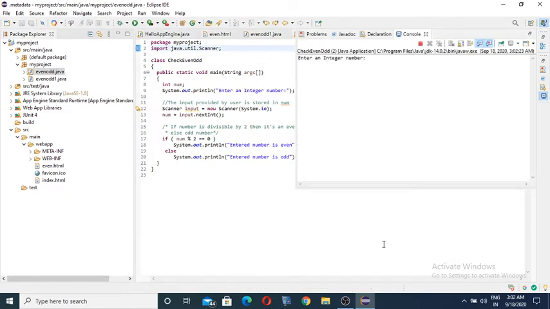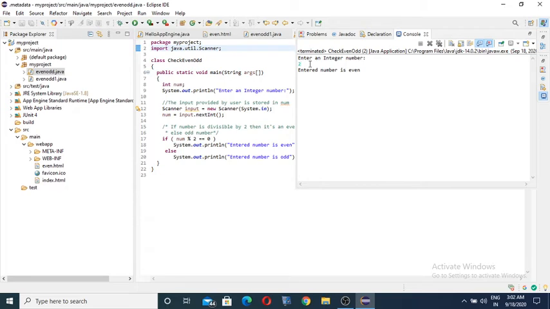I want to execute the program here. Look at this, it asks to enter an integer number. I can give for example 2. That 2 is an even number, it must come. Now we can see the execution. The entered number is even. Yes, 2 is an even number, as correct.